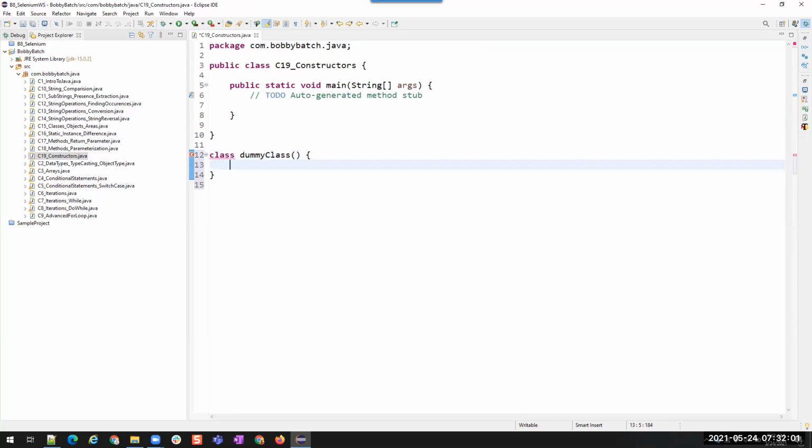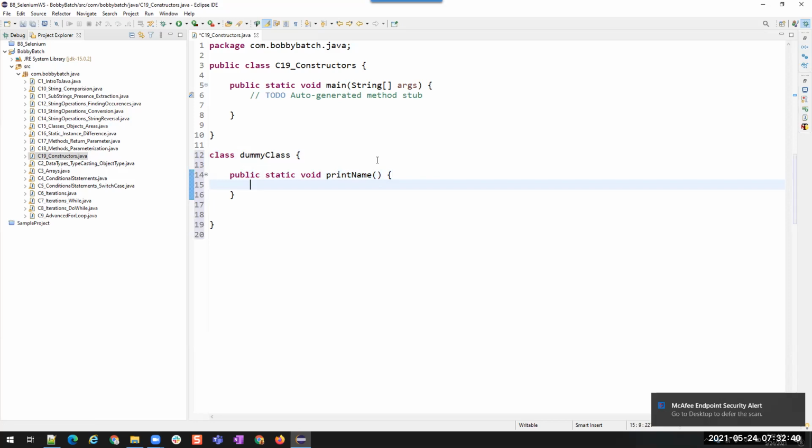Okay. So I created another class. This is how we create it. Now suppose I have some values or some methods inside this, for example static or anything void, print name.